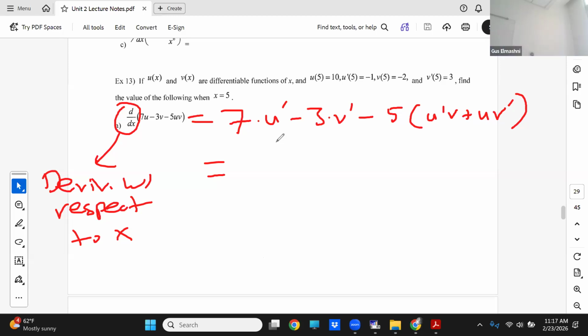The problem is that I can't just leave it like this, right? Because we're taking the derivative with respect to x. And you're told that u of 5, we do this at 5, by the way, is 10, u prime of 5 is 1, v prime of 5 is 3. So if I think about it,